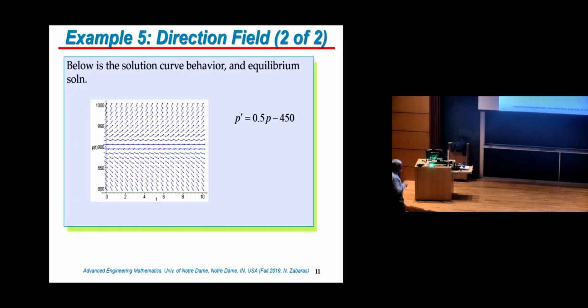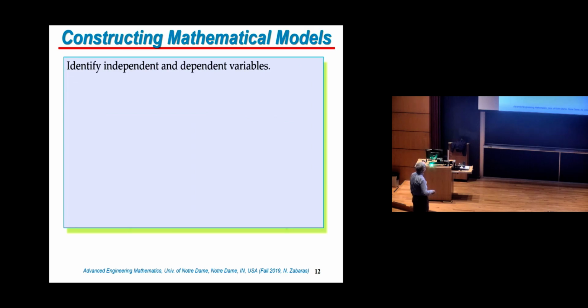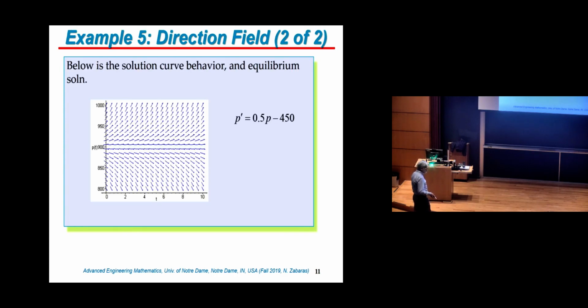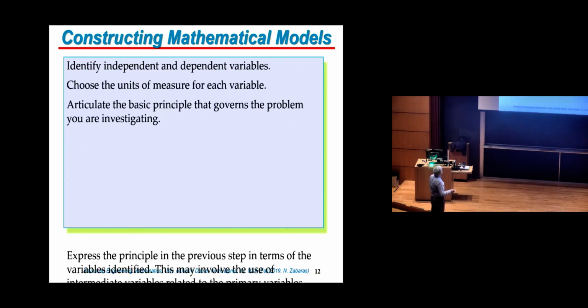We will see it. But if you start above 900, unfortunately, you're doomed, because the population will increase, and there is nothing you can do about it. And actually, you can guess where people are using these models in population dynamics: they take counts of how many deer they have in a town, and then they figure out where the population is going to be 10, 20 years or 100 years from now, and if there's going to be an extinction or not. This is the type of problems they're solving.